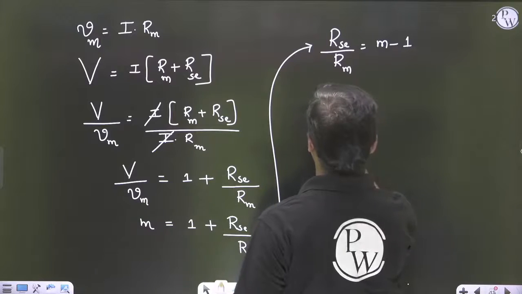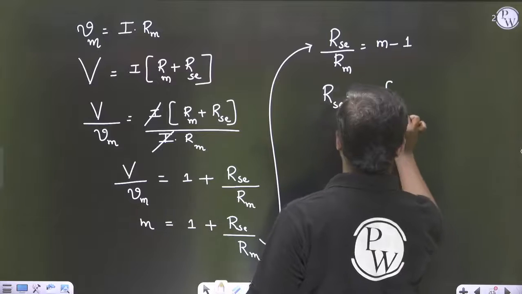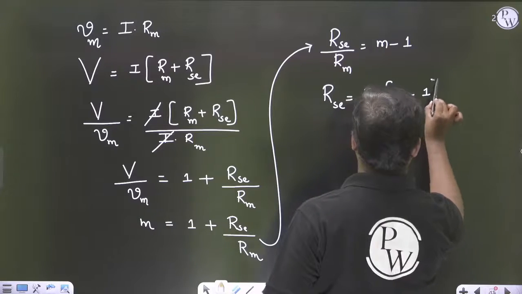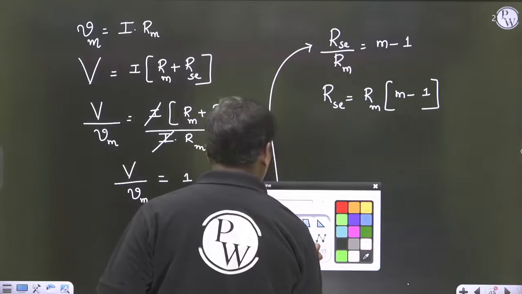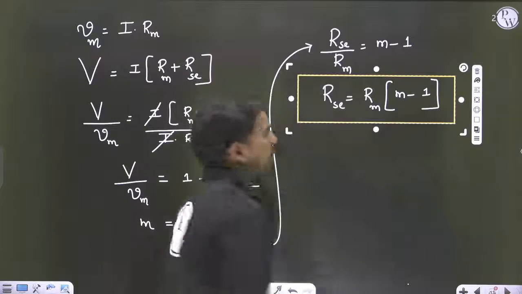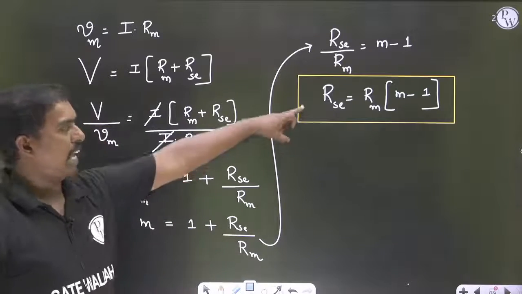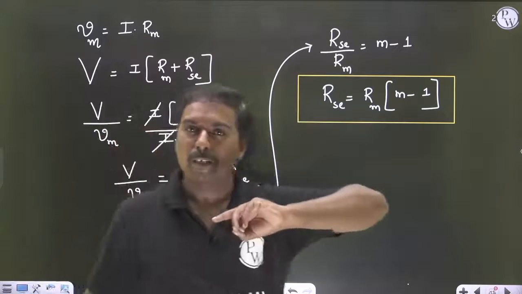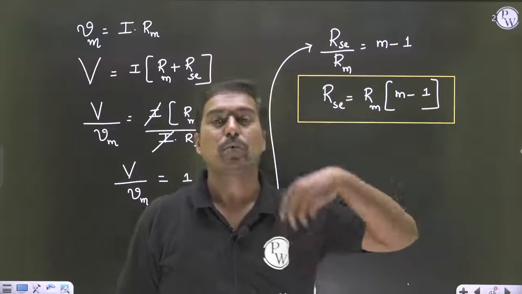So the series resistance can be taken as Rsc equal to Rm into M minus 1. Got it? So this is the expression for the range extension resistance required for the voltmeter to increase its range,